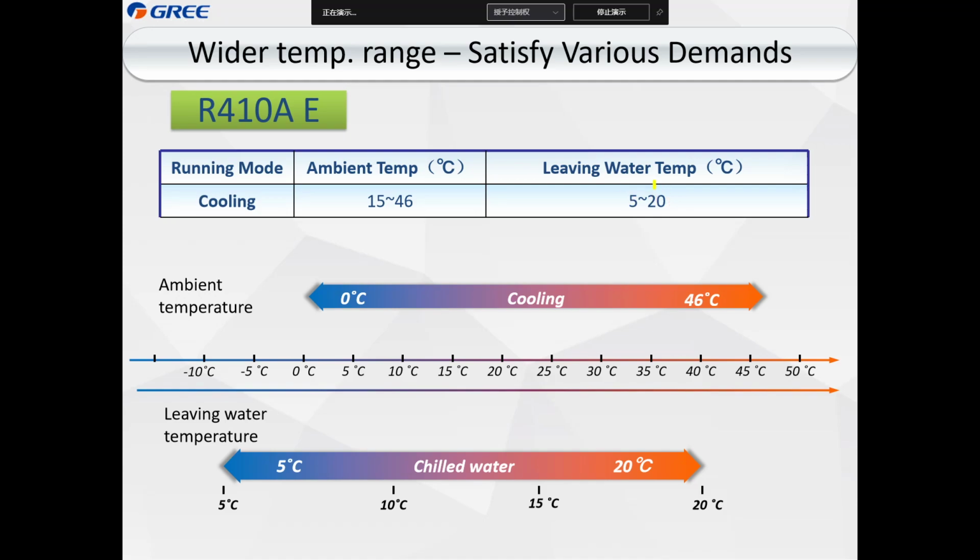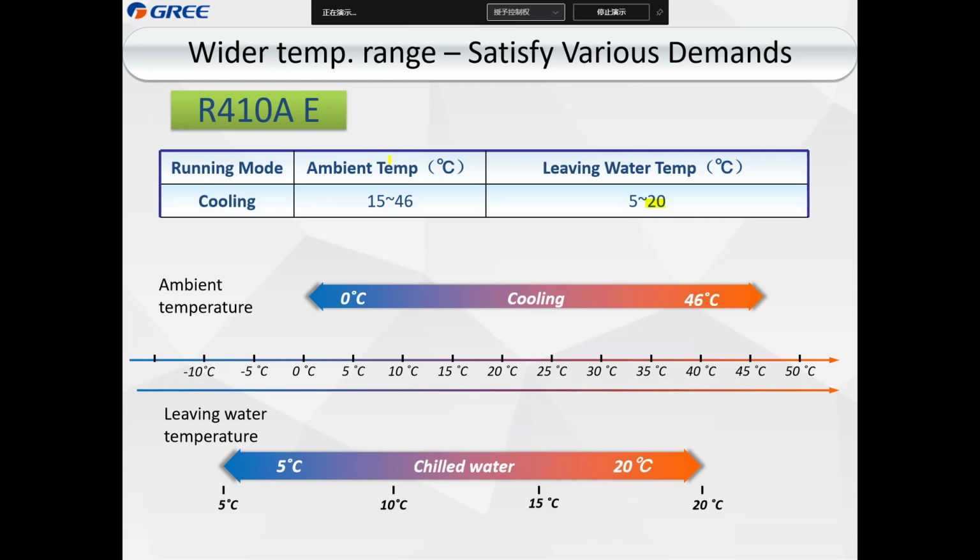For the E series, with a lower cooling load, the unit can realize more energy saving, because the leaving water temperature can reach 20 degrees. So under 20 degrees, the unit will consume less energy. So this is also an advantage